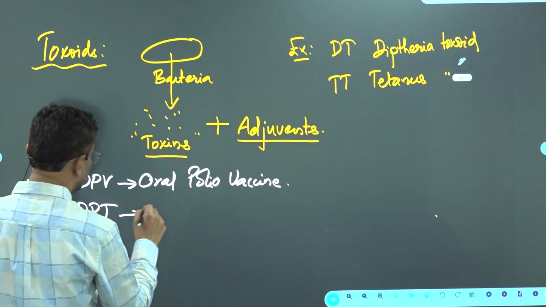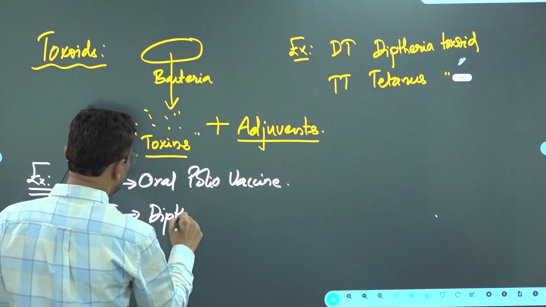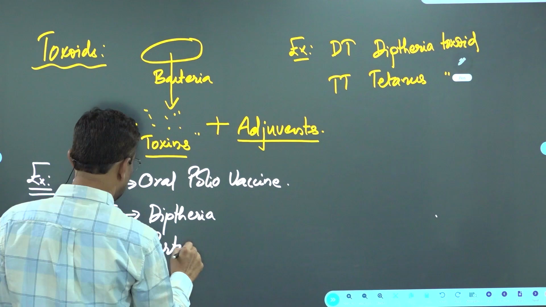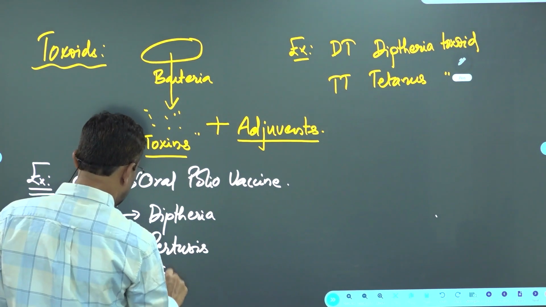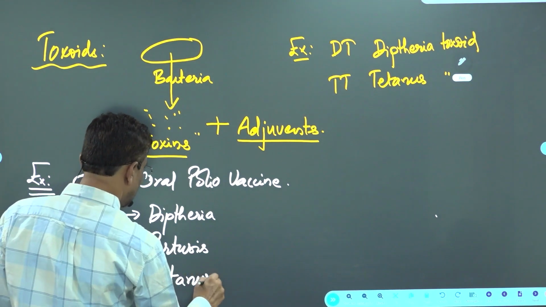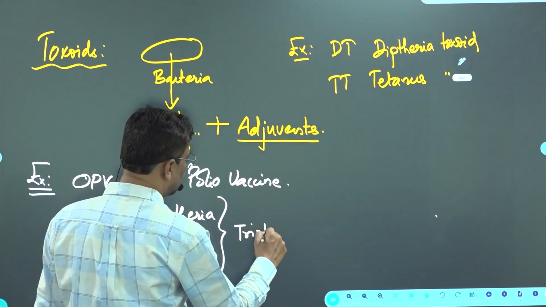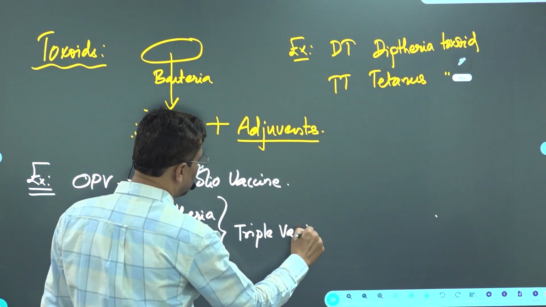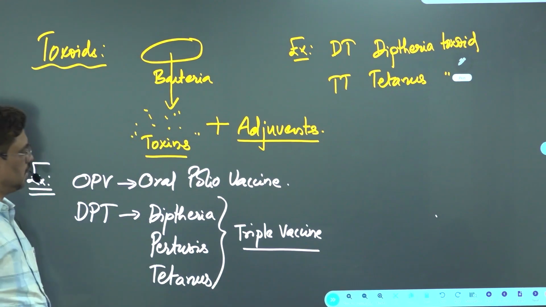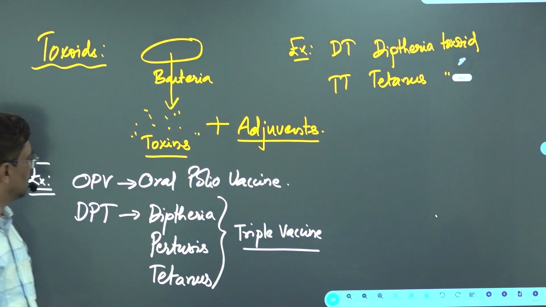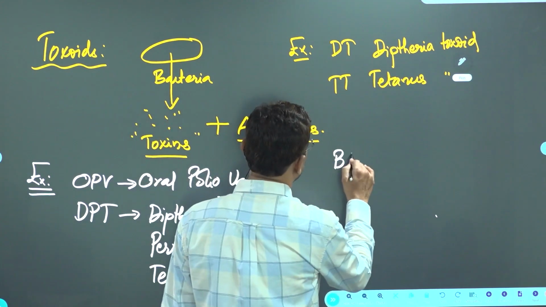DPT: diphtheria, pertussis, and tetanus. So this is called the triple antigen or triple vaccine. The DPT vaccine is against 3 diseases: diphtheria, pertussis, and tetanus. Then BCG,